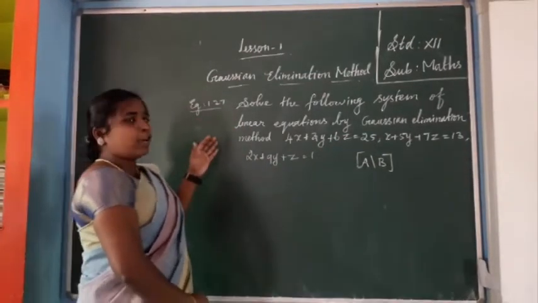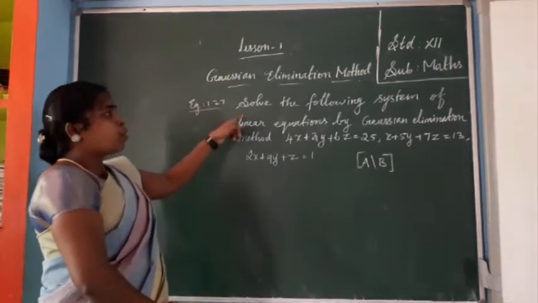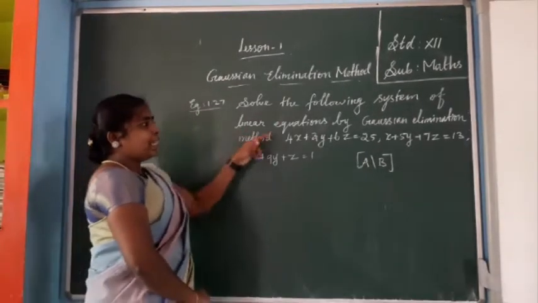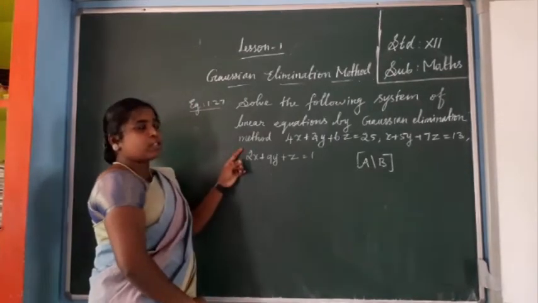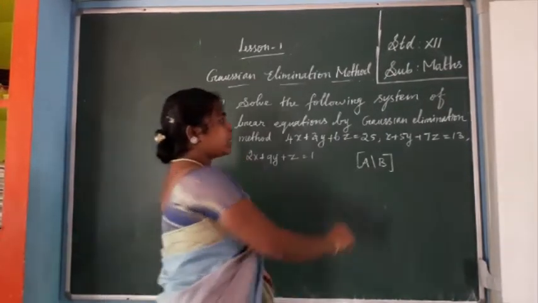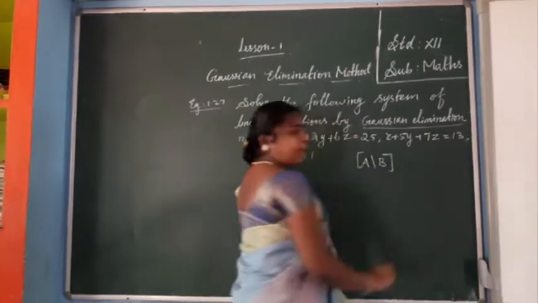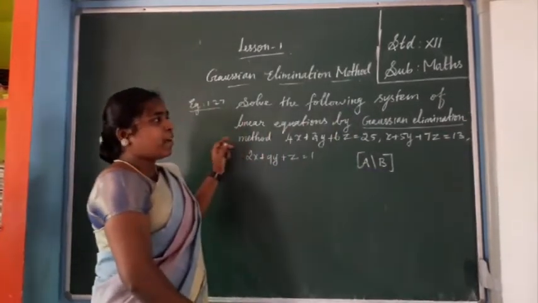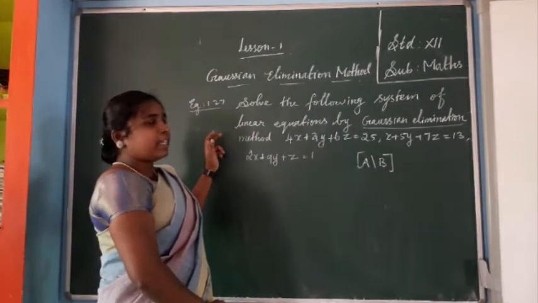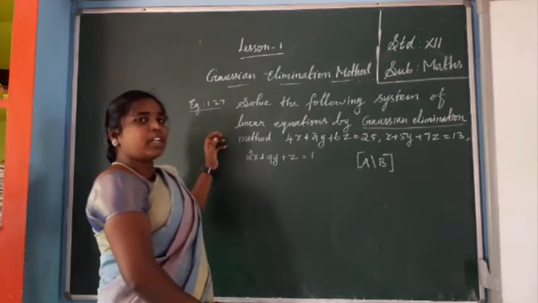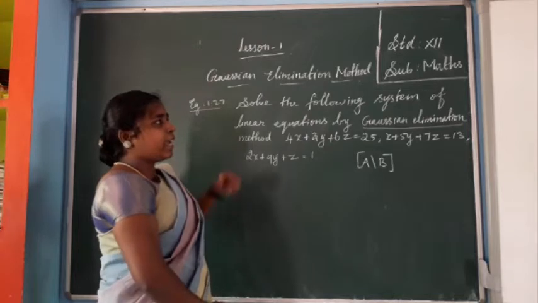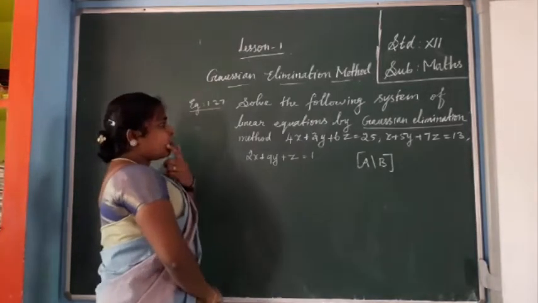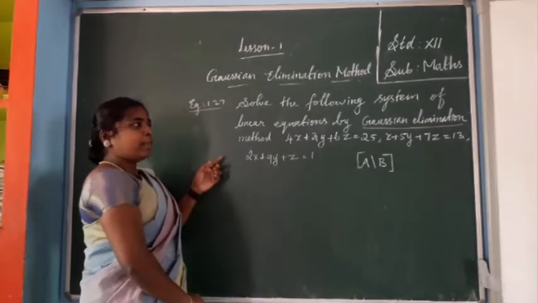Actually rank only you are going to use. Okay. So solve the following system of linear equations by Gaussian elimination method. So we have to use the Gaussian elimination method. Already two methods we have studied. First one, inversion method. So that is you have to write the given equation in the form of Ax equal to b, which implies x equal to A inverse b. Next, second one is Cramer's rule method, determinant method.